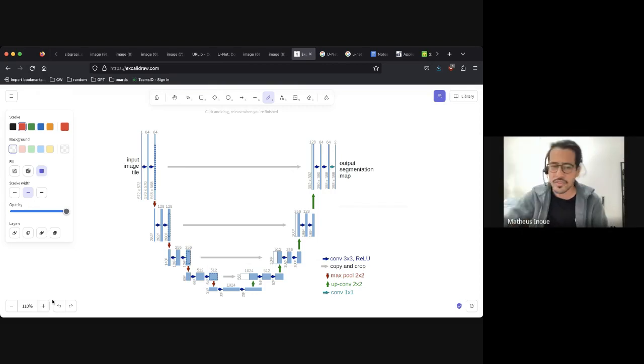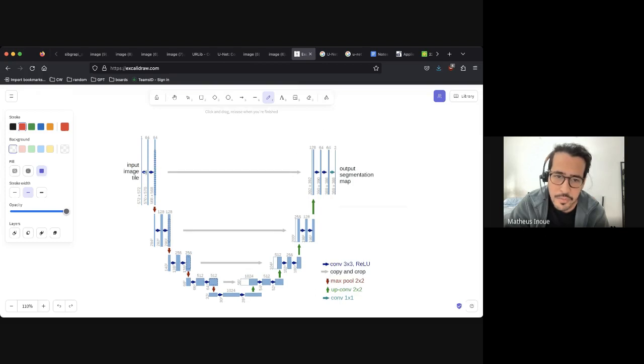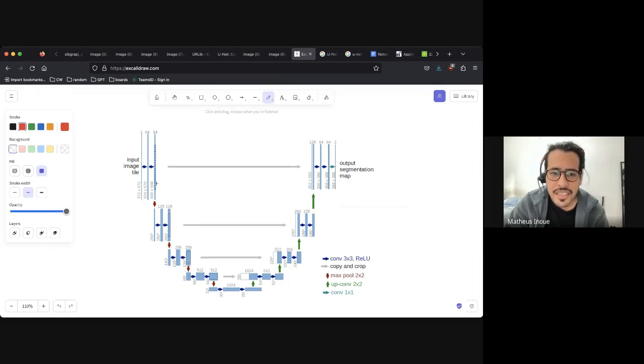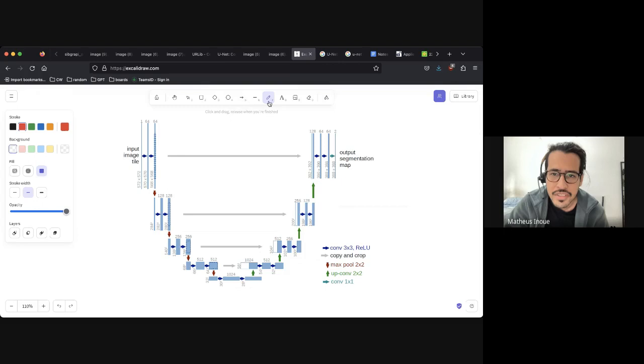Okay. So basically you have here images. The arrows are the operations. So here in blue you have the convolutional operation, a convolution 3x3. So at the start you do this, and you have 64 feature maps. And then later they apply this downsampling operation here, which is the max pooling layer, right? So you have an image here that's 568 by 568, and then now it's 284 by 284. And then they apply this downsampling operation successively,